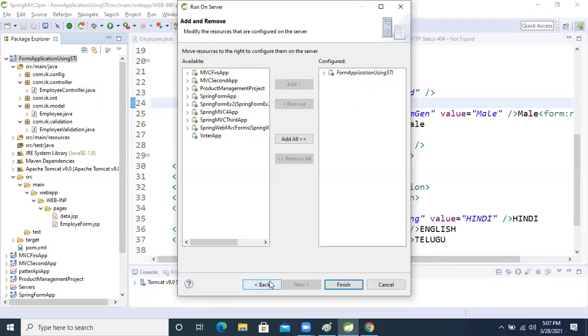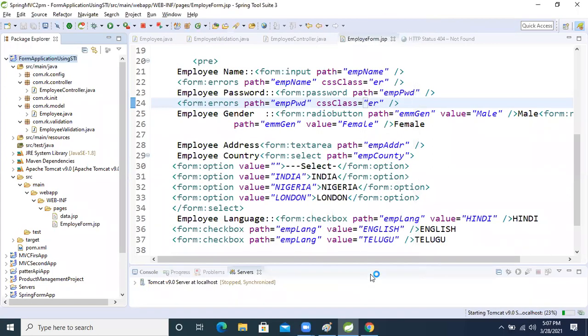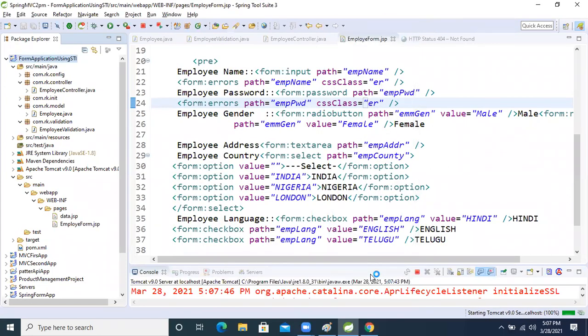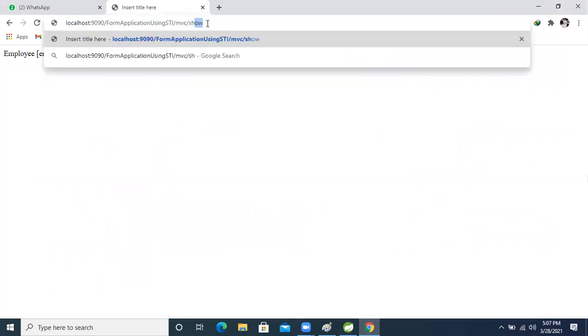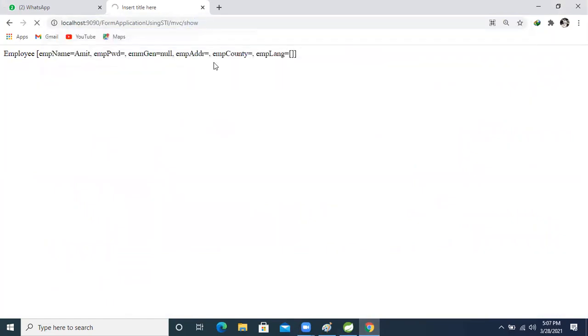Okay, so based on our expectation it's working. So now let's run the application and we will see. Whatever things we are doing, friends, each and everything we will see practically. Even if we are writing a single line, we will analyze it and see whether our line is working as expected or not.